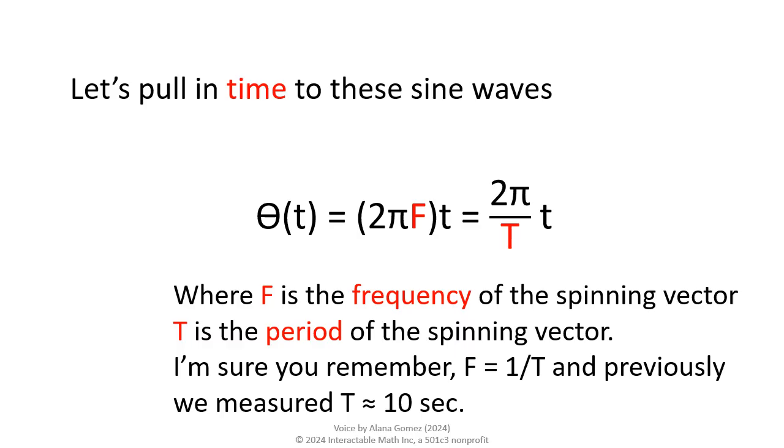Theta of t is 2 pi times time divided by the period, or, equivalently, 2 pi times the known frequency times time. On page 5 of this section of the site, we calculated 2 pi f t, with t being elapsed time since you hit the start button and f as the frequency you chose.